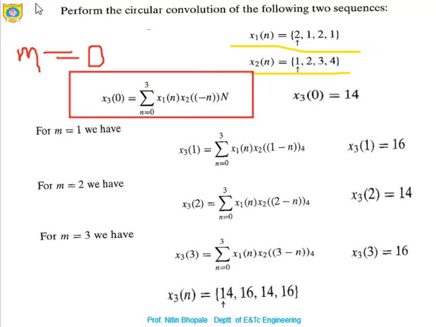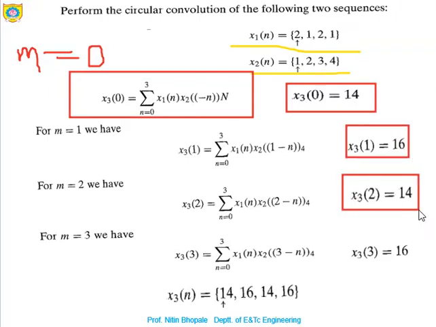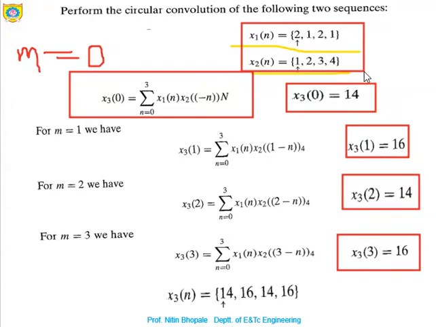the value of x3 of 0 is 14. Similarly, x3 of 1 is 16, x3 of 2 is 14, and x3 of 3 is 16. So 14, 16, 14, 16. This is the final answer for x3, which is actually the circular convolution of the two sequences x1 and x2. So when we put these values in the equation, we just need to write their multiplication,